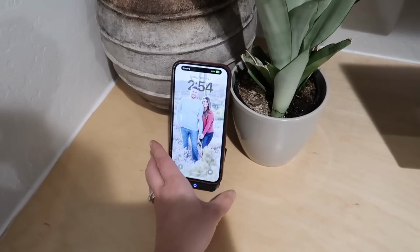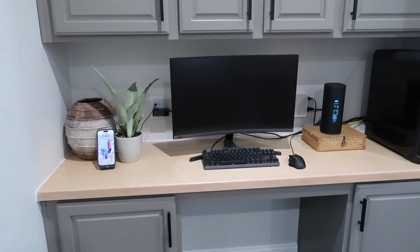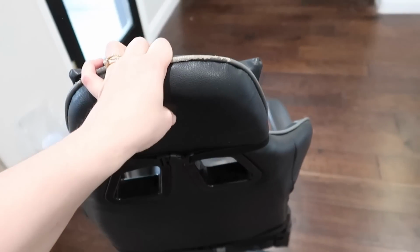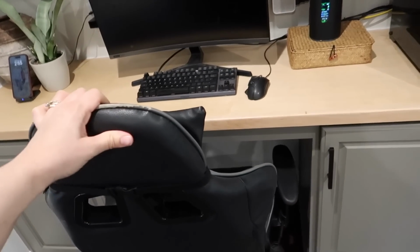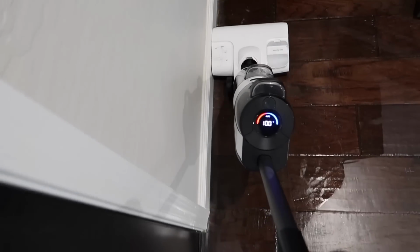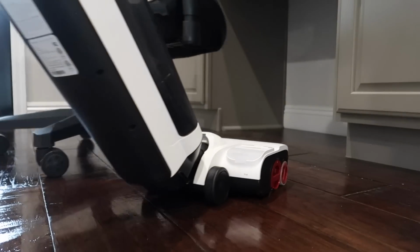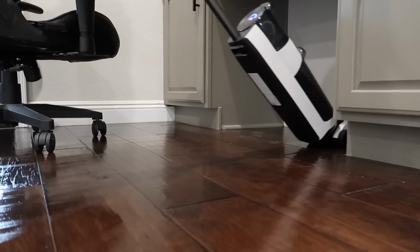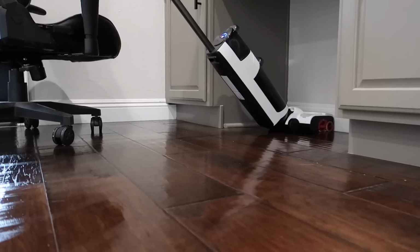Seriously, you guys, this project came together in 24 hours. It is a total transformation, and I love when it's a smaller project like this, but it has such a big impact. Let me know in the comments what you guys think, and also let me know if you have a smaller project like this at your house that you've been waiting to tackle. If you do, I would urge you to put it in your schedule and go ahead and tackle it,